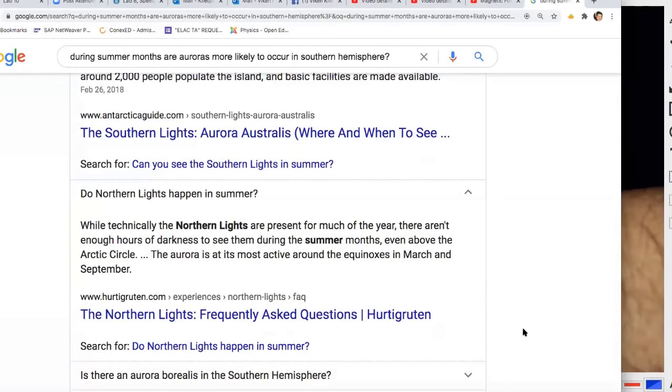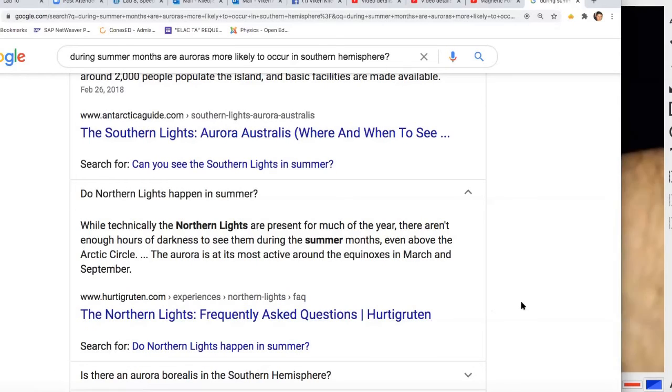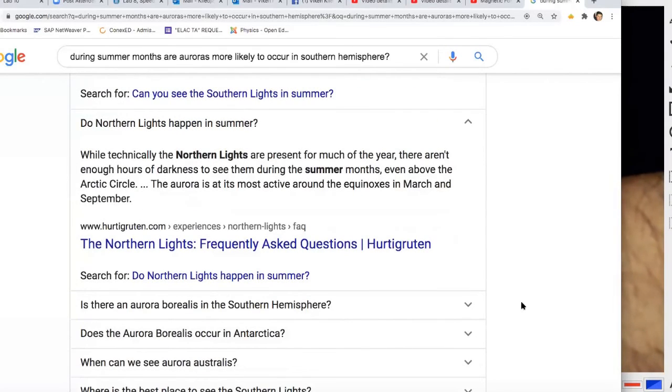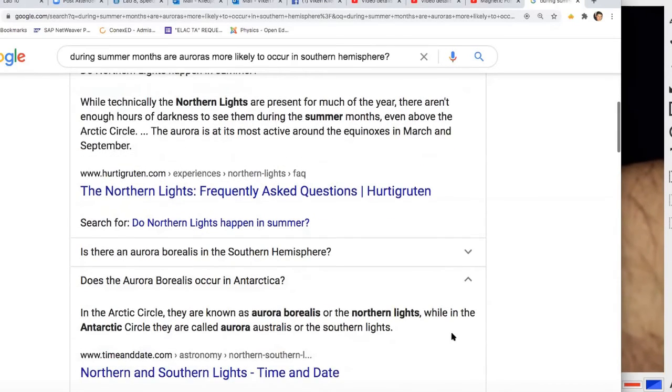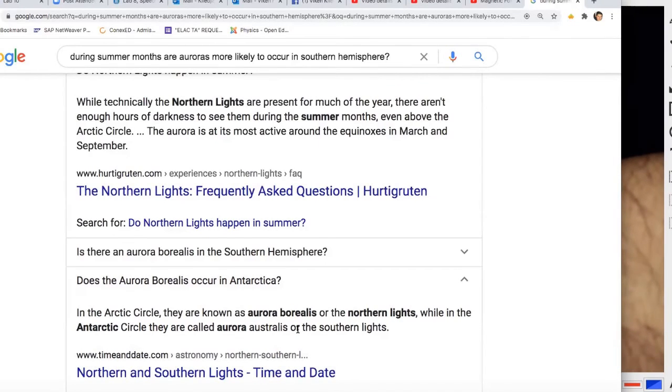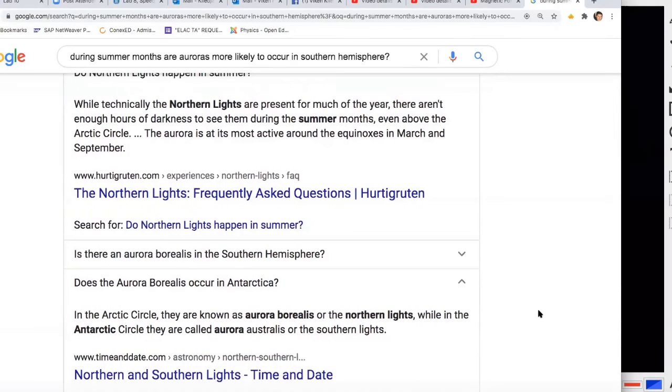Okay, so I guess the best time to see aurora in the northern hemisphere is March and September. In the Arctic Circle, they are known as aurora borealis or the northern lights, while in the Antarctic Circle, they are called aurora australis or the southern lights. Okay, any questions on that? So I think